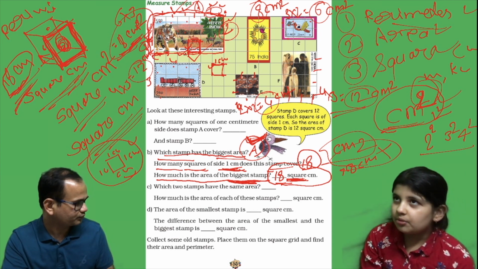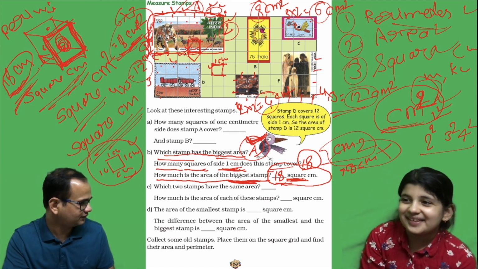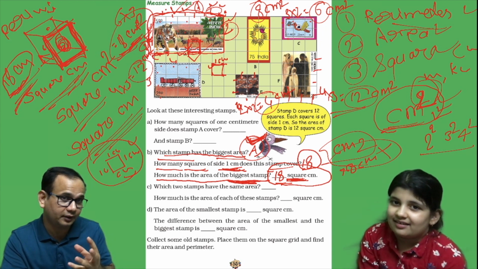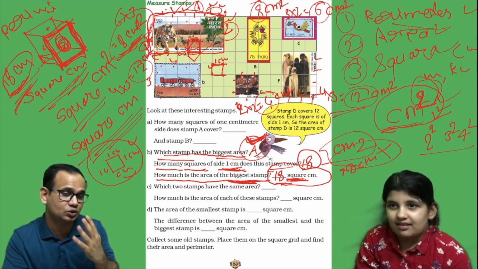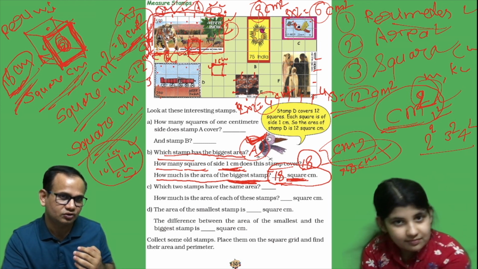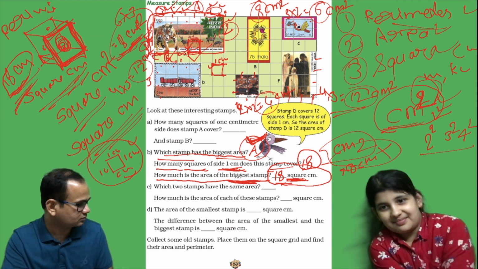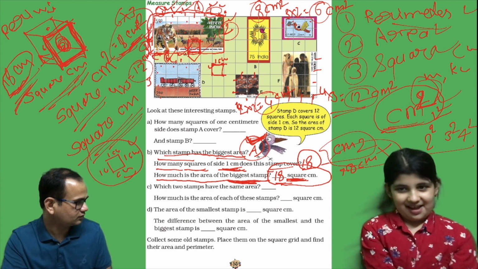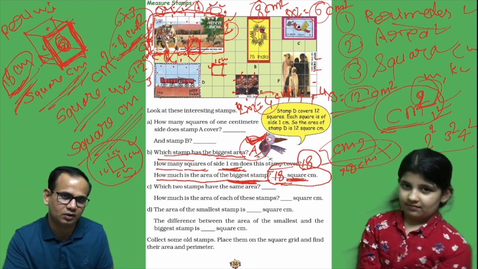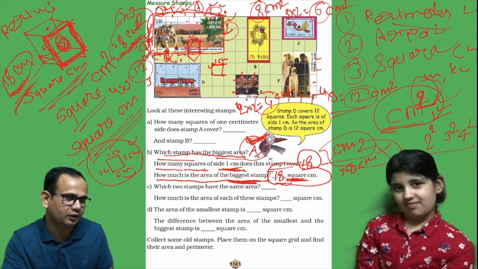I got 2 from where? Shall I tell you? Yes. 6 centimeter is having 2 lengths, 2 dimensions. One is here, another here. First one here and second one here. 2 are there. That's why you got 2. That's how you multiply 6 by 2. Understood? Yeah. 6 you multiply by 2, you got 12, and this 3 multiply by 2, you got 6. 6 plus 12, 18 centimeter you got it.